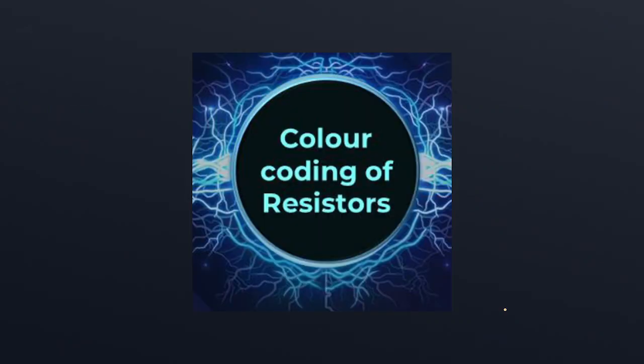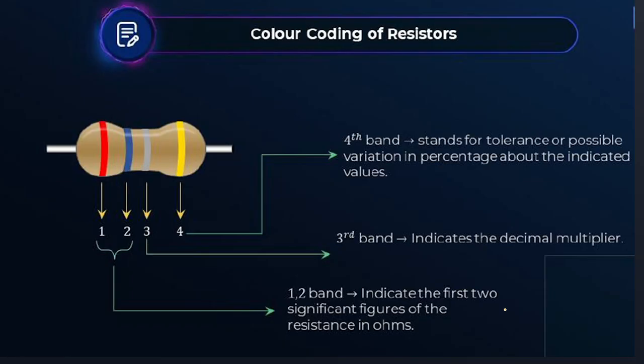Now, next is color coding of resistance. It's very simple. Let us see. When you go to the laboratory and you want to do experiments, the resistance will be like this. It is not written in numbers how many ohms it is, like 10 ohm, 15 ohm. They don't write in numbers. There will be some colors on that, some patterns. So 3 circles which are closer and 1 circle on the other side of the resistor, like this. Or you can reverse it, then this yellow part will be here and these 3 will be closer. The colors which are closer, those we consider.